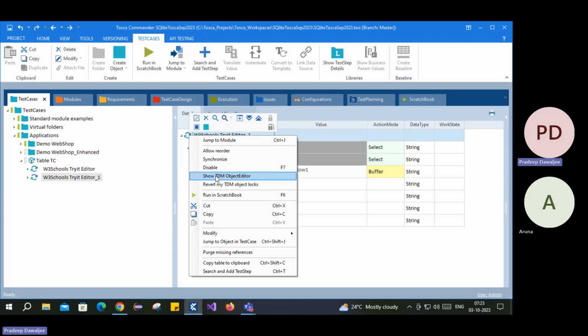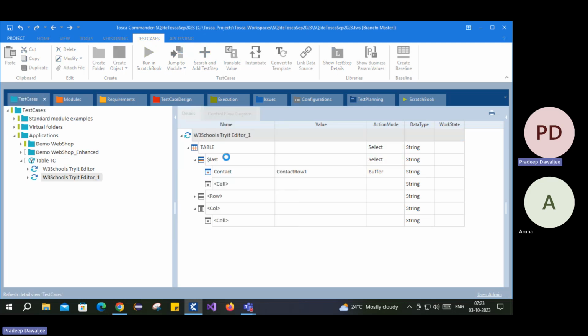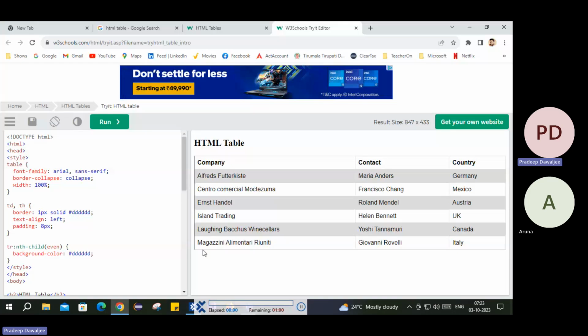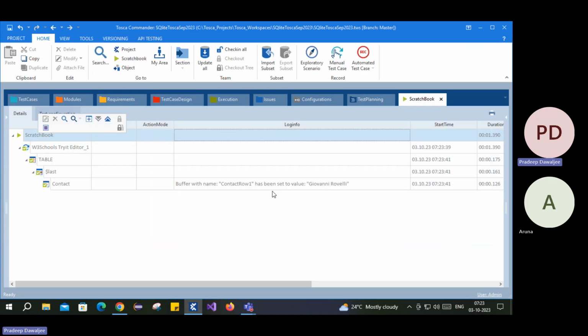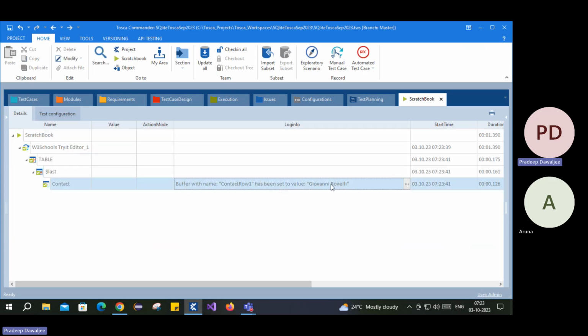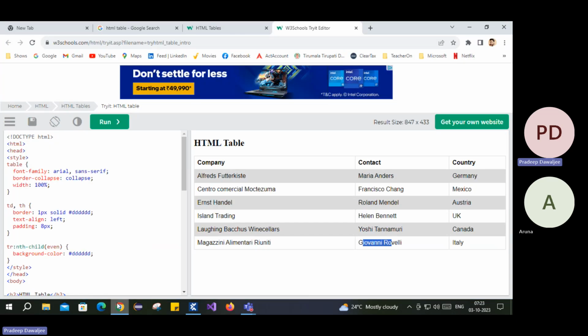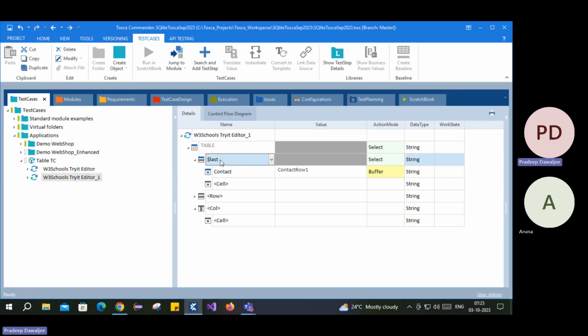So dynamically we are just saying what is the last row. The last row in our application is this, right? This has the contact, this one, last row. So it should give us this value when we use that last property. You see, it is giving us the last row's contact, because in the row thing we had specified the dollar